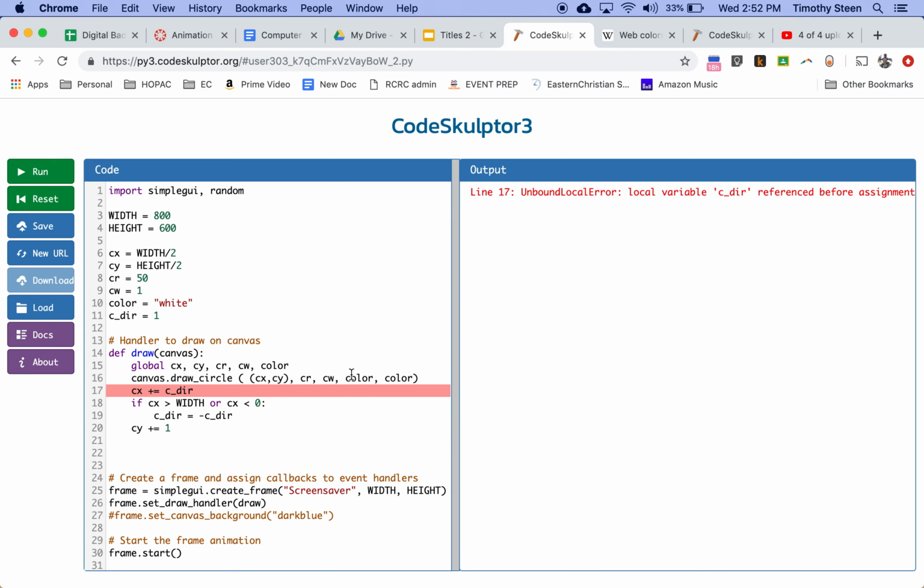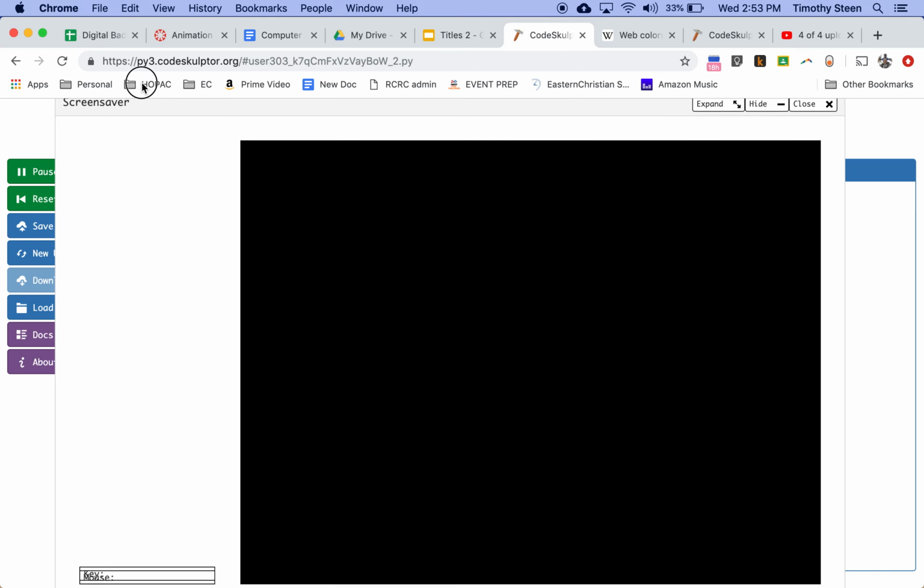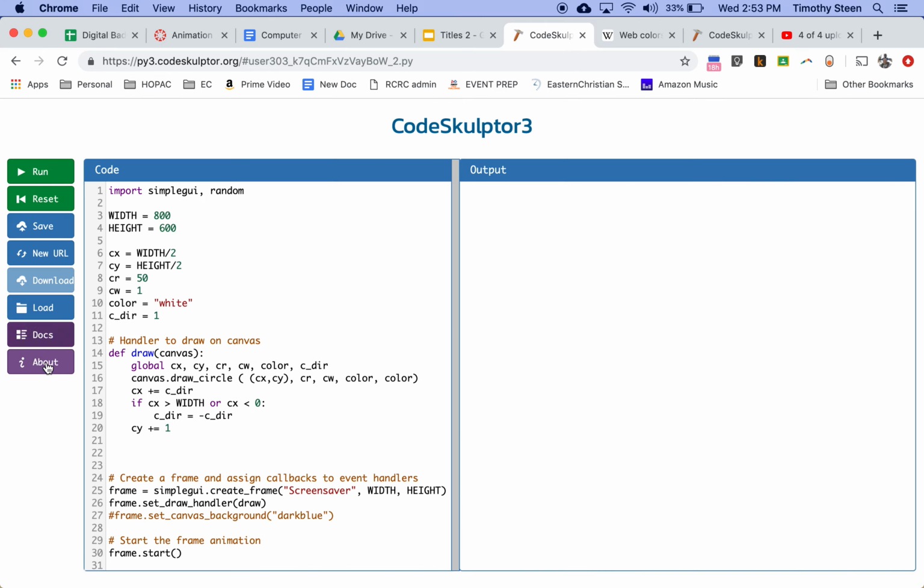And if you ever get those errors, it's because of that whole local variable thing we have to add. We're going to have to continually add things to that spot. So I told the x value to behave, but I didn't tell the y value to behave. That doesn't do us a lot of good because it goes down the screen before it goes in the other direction. So I'm like, oh, well, I guess I need to do the same thing for cdir for the